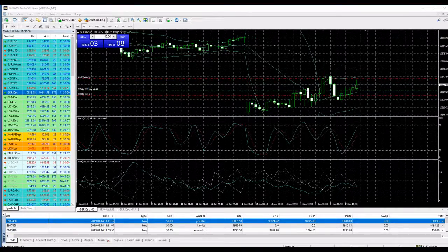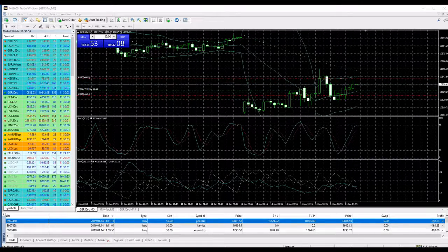I am long on gold. I entered my gold position at 1,293.58, and my take profit on this trade is at 1,294.60, and my stop loss is at 1,289.90. These are my first trades on gold. My DAX position, I entered at, again a long position, I entered at 10,831.58, and I put my take profit at